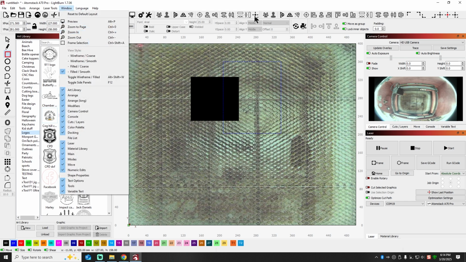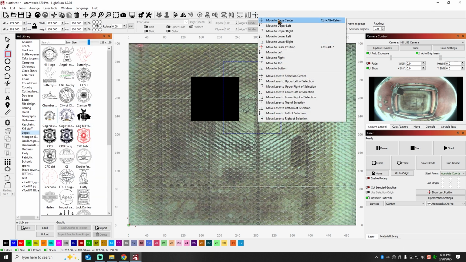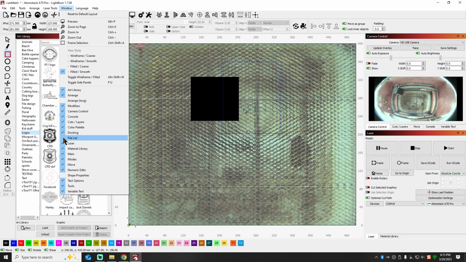The one thing that you don't want to do is have both of them up there because that just looks hectic. So this will get you by. The only difference is you have to kind of drop down a little more on some of these and select different options. All right, so all of this stuff, the console, cuts and layers, color palette,